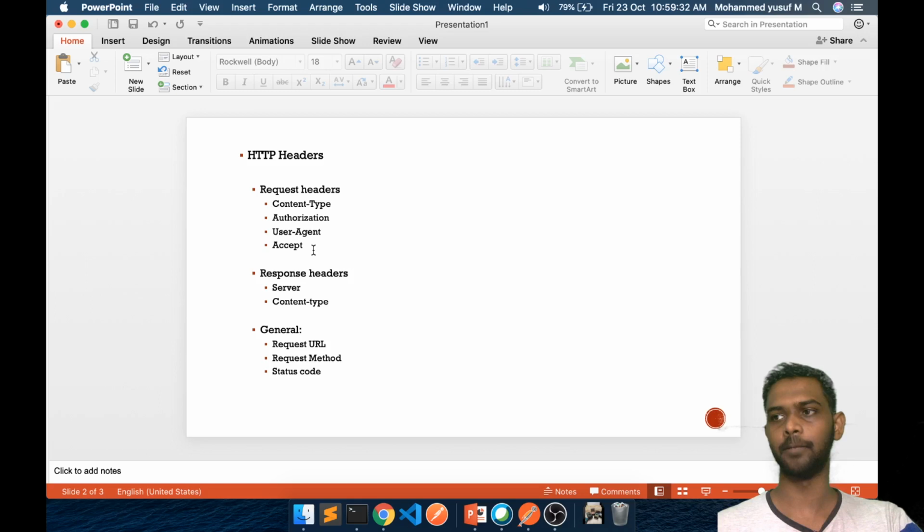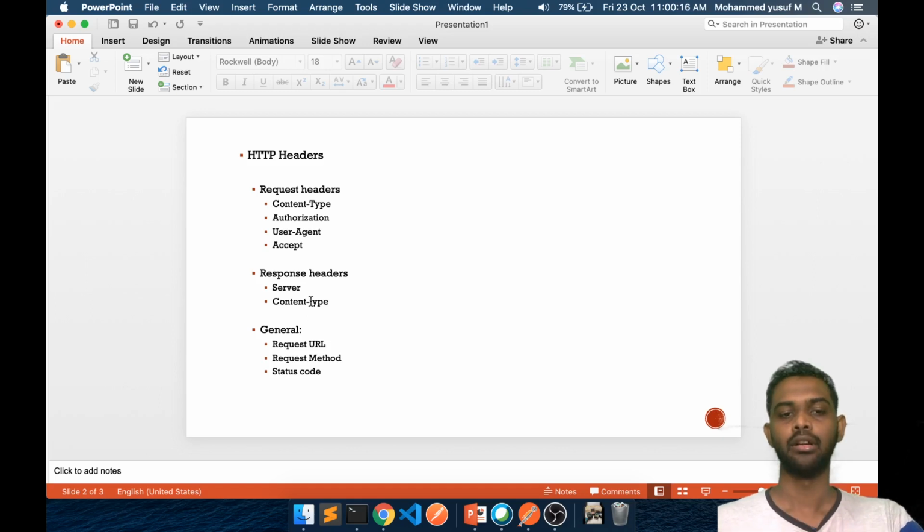And accept is nothing but this: in some cases the server, for the same API request, can give you the response in two different formats, for example an XML output or a JSON output. In that case the server might be expecting what kind of response you will accept so that it can respond. Sometimes we will set accept as application/json so that we get a JSON response. If we make it application/xml, then we will get an XML response. This is basically the implementation of the API on the server side. There are a lot of other headers as well, we'll see them in just a second, but these are the very common ones.